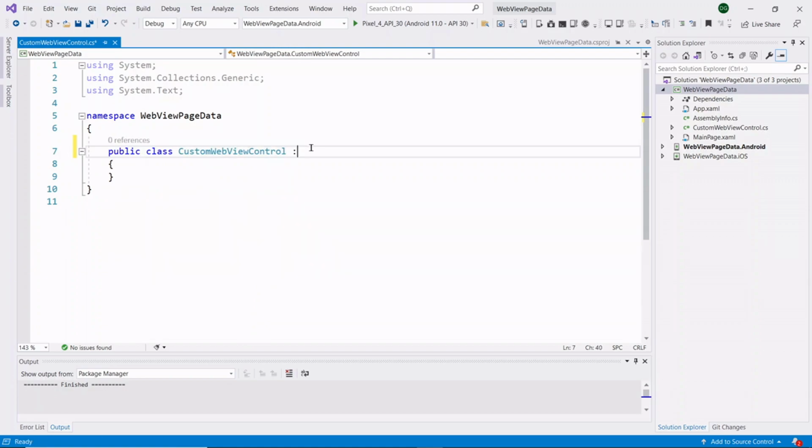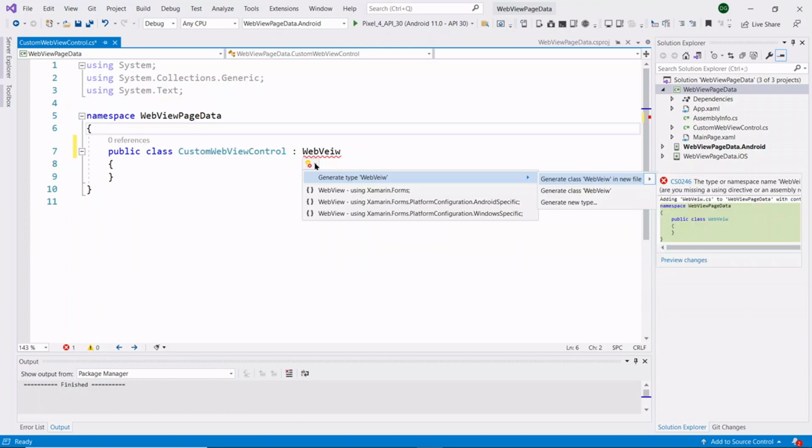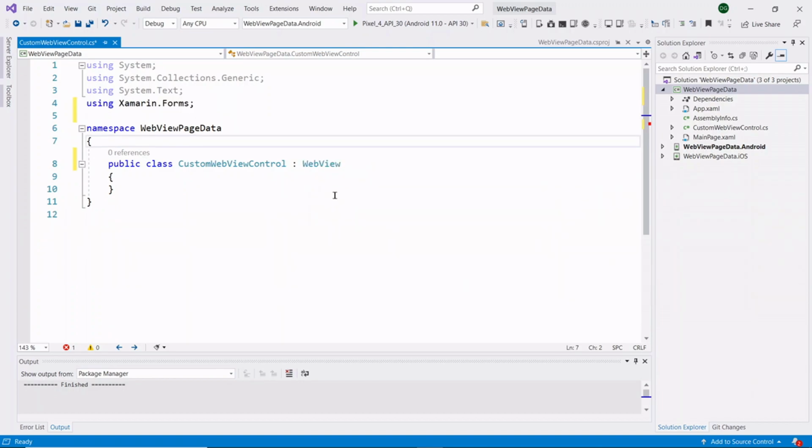And here we need to inherit this class from the WebView class. So here we have successfully created the control for our WebView.